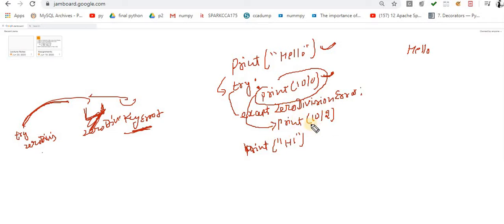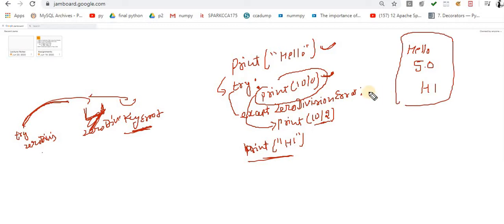Inside the except block, it prints 10 divided by 2, the output would be 5.0, and after printing it, it will print hi. So this is the way to handle exceptions inside your program. This try is associated with this except, and this except statement is able to handle only the ZeroDivisionError.